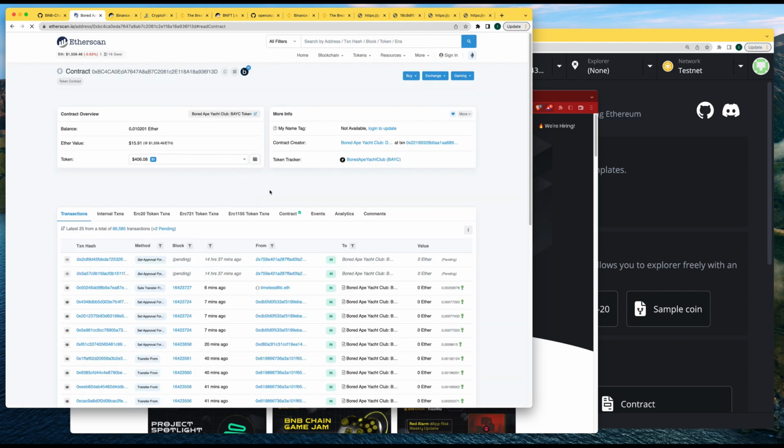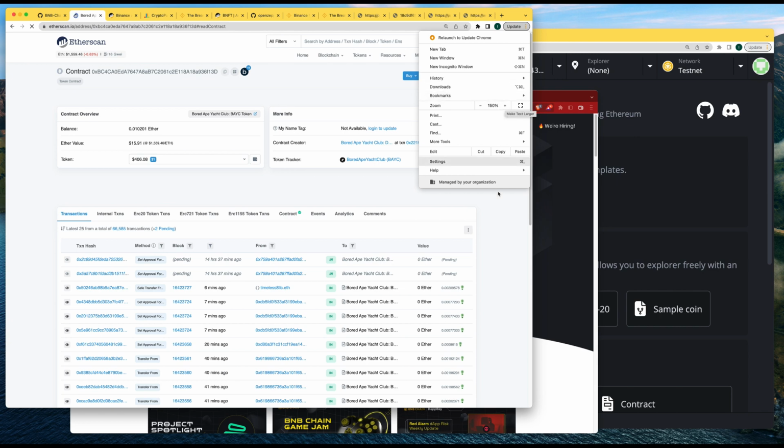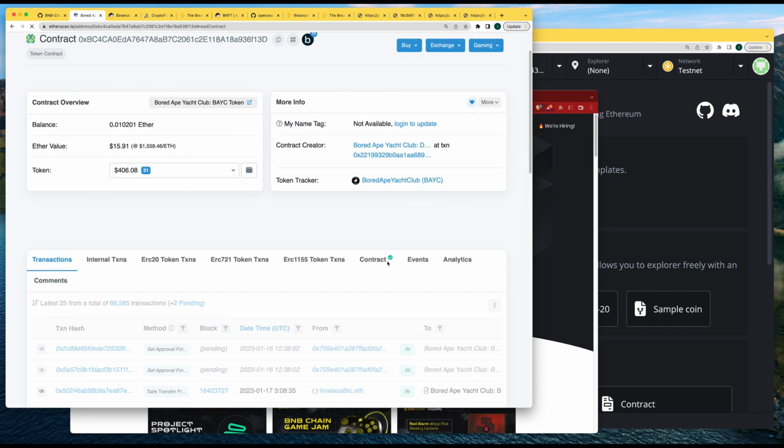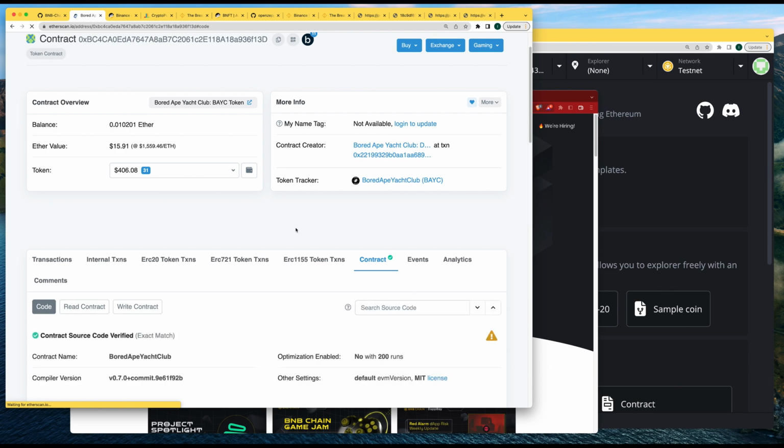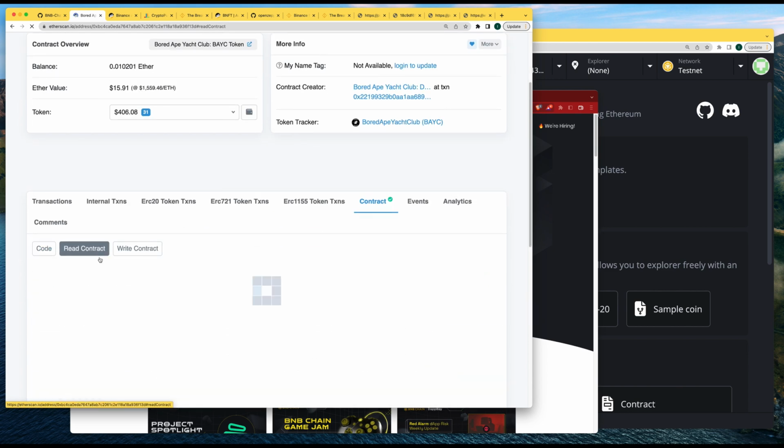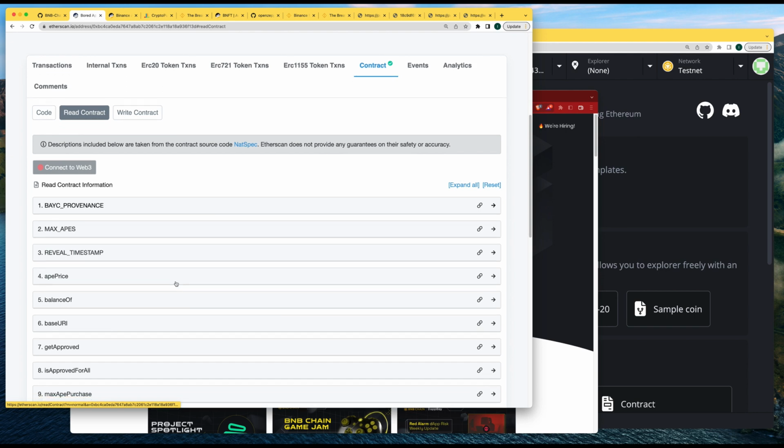Again, we zoom in. Again, we take a look at the contract. Read contract. Find the token URI